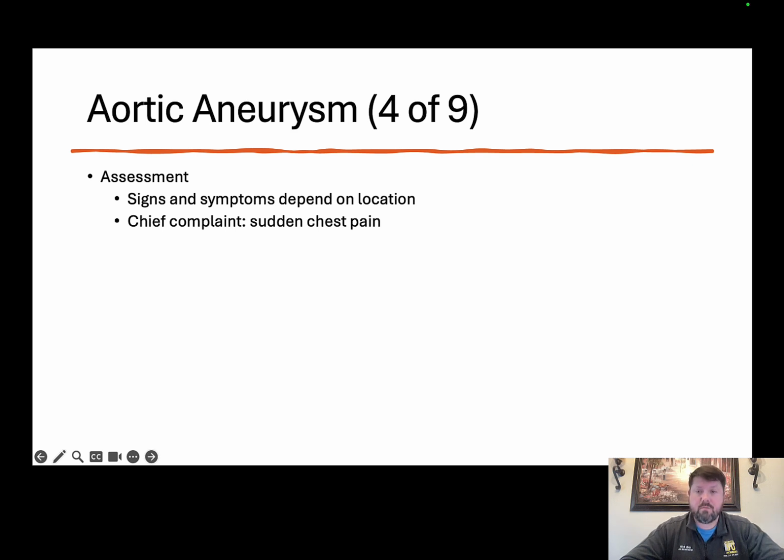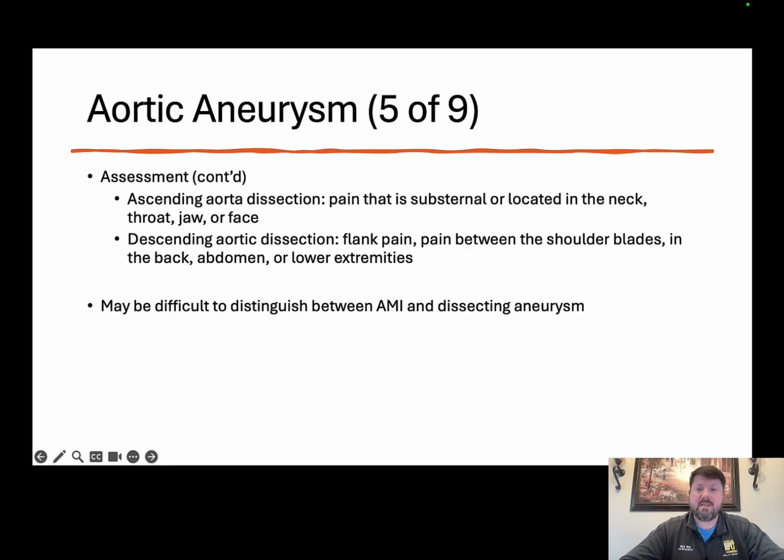Almost all patients report the abrupt onset of constant, unbearable pain. The ascending aorta dissection is usually associated with pain that is either substernal or located in the neck, throat, jaw, or face. Descending aortic dissection usually produces flank pain, pain between the shoulder blades, pain in the back, abdomen, or lower extremities. It may be difficult to distinguish the chest pain of a dissecting aneurysm from that of an AMI,